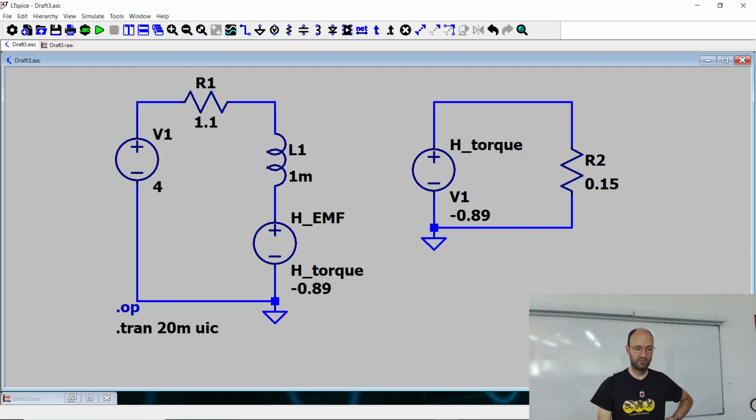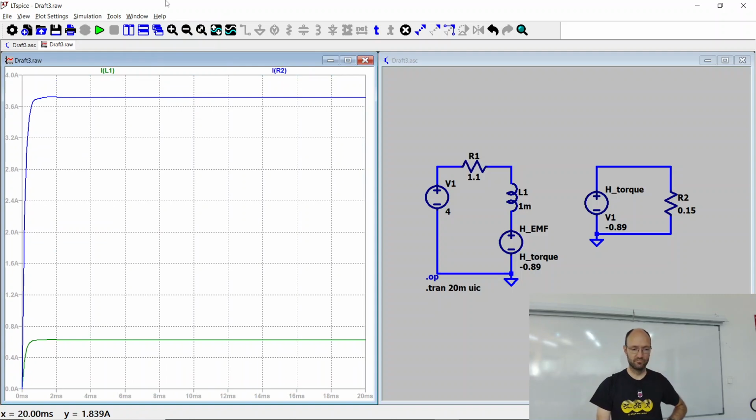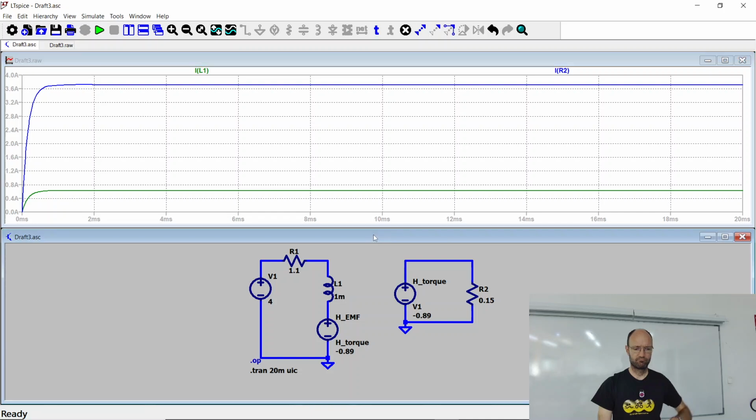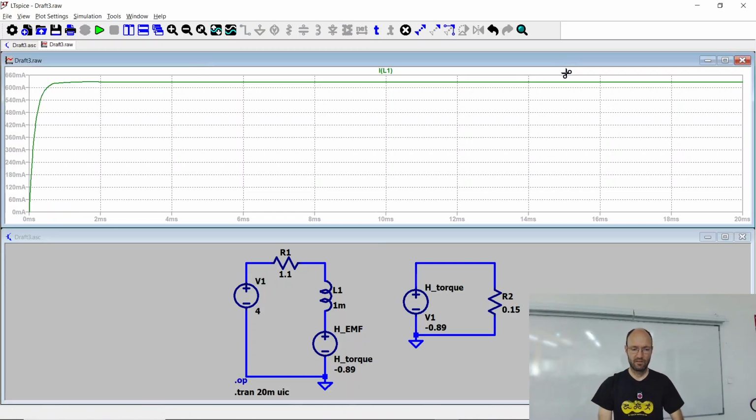And maybe tile the windows vertically once again. Then you can see, okay, now we get a little bit of this current overshooting effect that we had before,